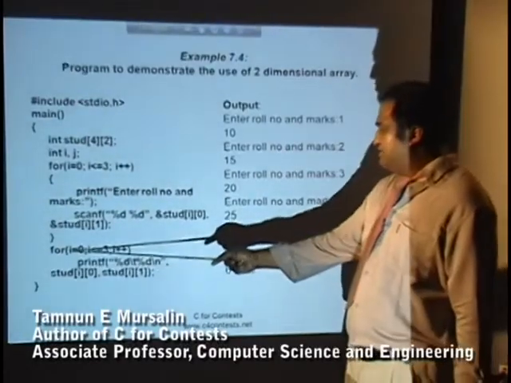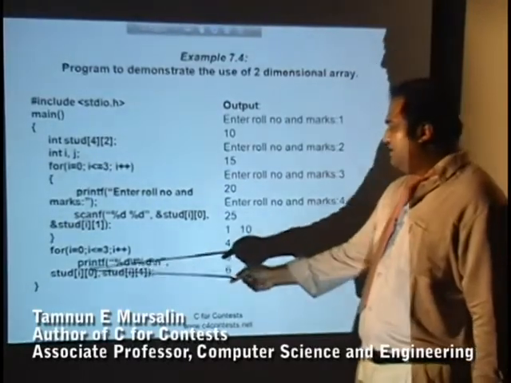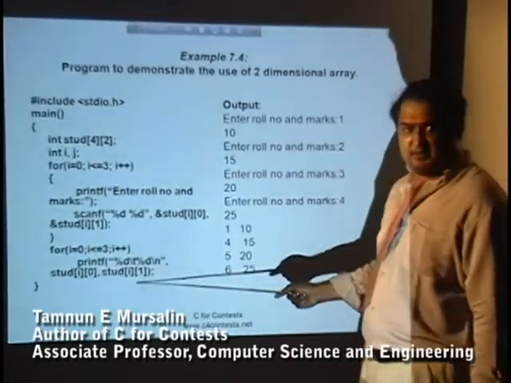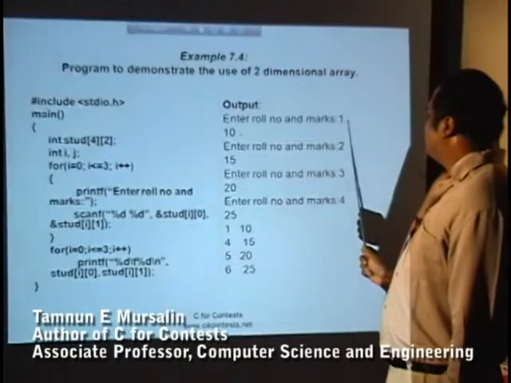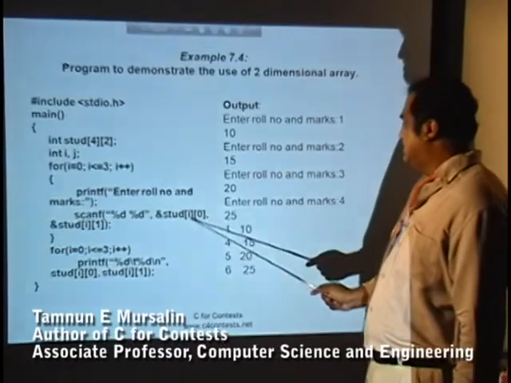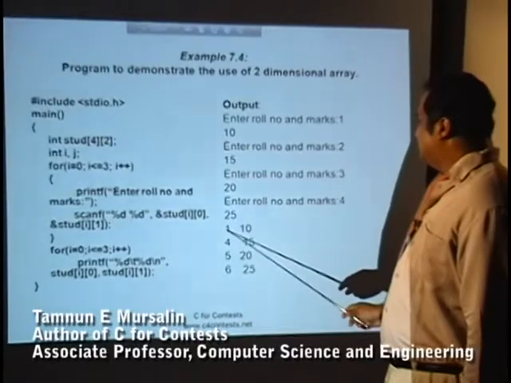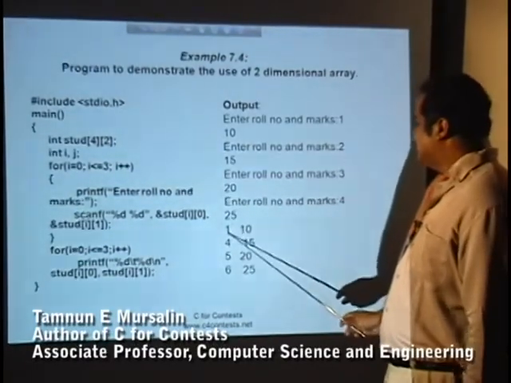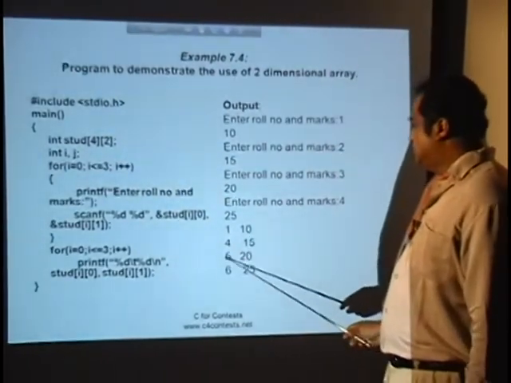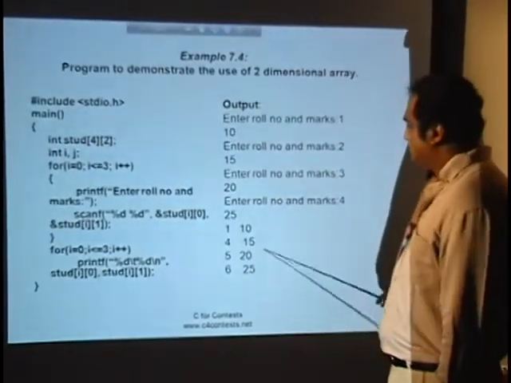If you want to print the array, same concept: i = 0, i less than 4, i plus plus, then you have the printf, and you take 2 integer values, the first one is the roll number and the second one is the marks. So you enter the roll number, you enter 1, this is the roll number, this is the marks. This one goes to this array here and this one goes to the second one. It keeps on going: 1 goes to [0][0], this one is [0][1], this one goes to [1][0], [1][1], [2][0], [2][1], [3][0], [3][1]. And here it prints out the whole thing.